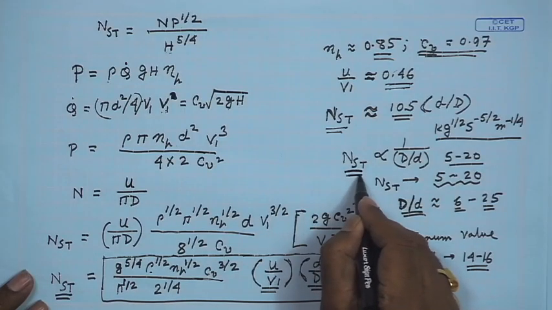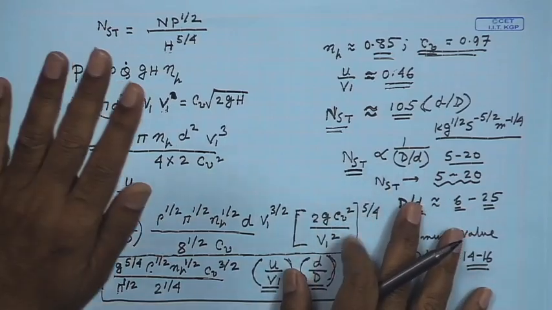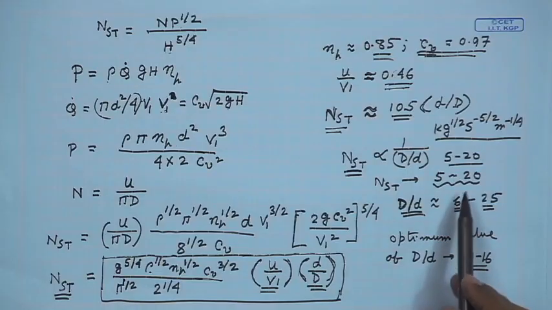So, a compromise between the two will be made, and usually the Pelton wheel gives high efficiency at a higher head. Sorry, I am extremely sorry, at a higher head, when head available is high, that means the specific speed is small. I have told the usual specific speed range is 5 to 20 in this unit. That means, at these low values of specific speeds as compared to other machines, the Pelton wheel runs at high efficiency. That means, Pelton wheel is suitable for low specific speed, means at a high head, where the head available is high.